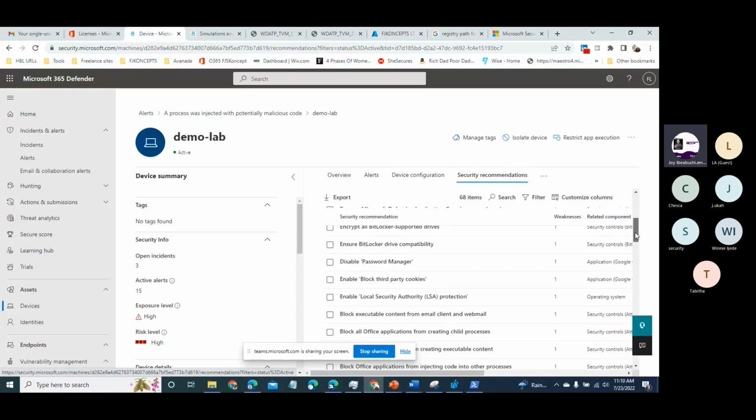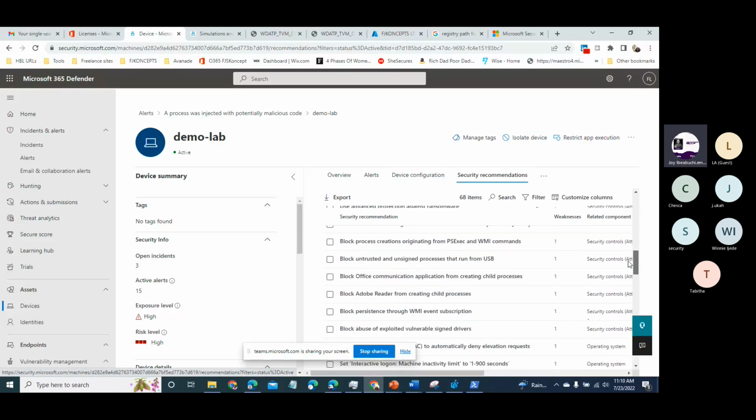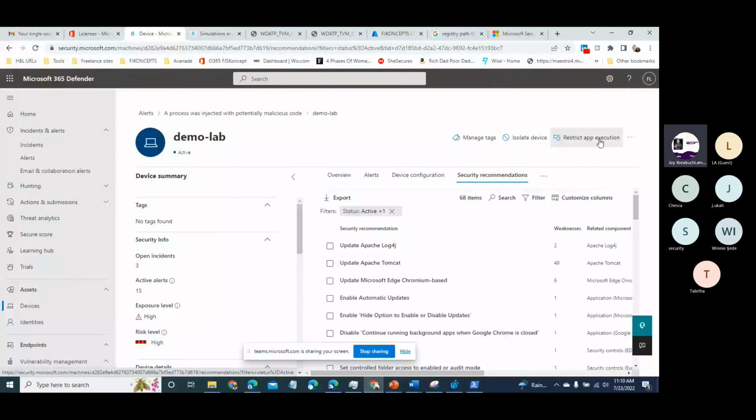Security recommendation shows you this device that has had this. So you can decide that if this device has already had this compromising thing, after isolating it, you can come here as a security operator to review this device. And you can begin to see that this device that was flagged with this malware has so many issues around it. So your security recommendations actually tie into your secure score. And I can see that there's Apache here that is even susceptible to log4j. When we go to threat and vulnerability management, you will see the importance of this. But as an operator, you can take a device that has already been flagged and do further security checks on that device that can show you how this device is a security threat